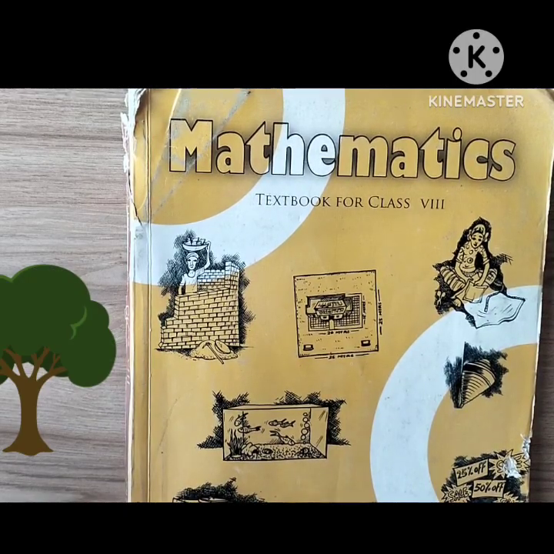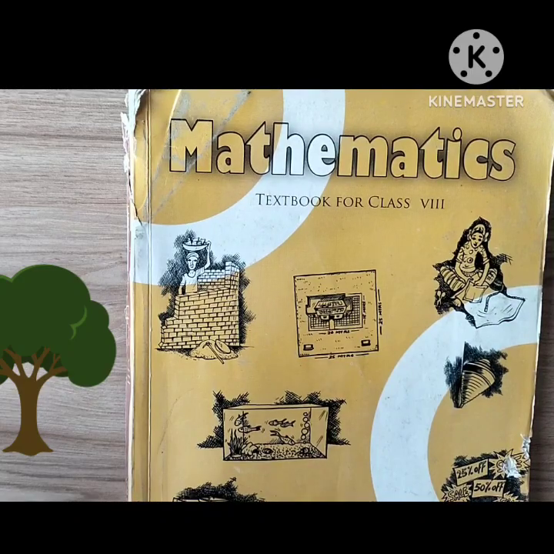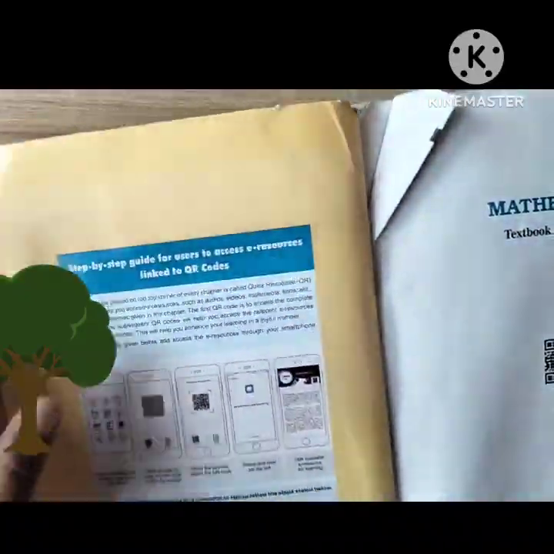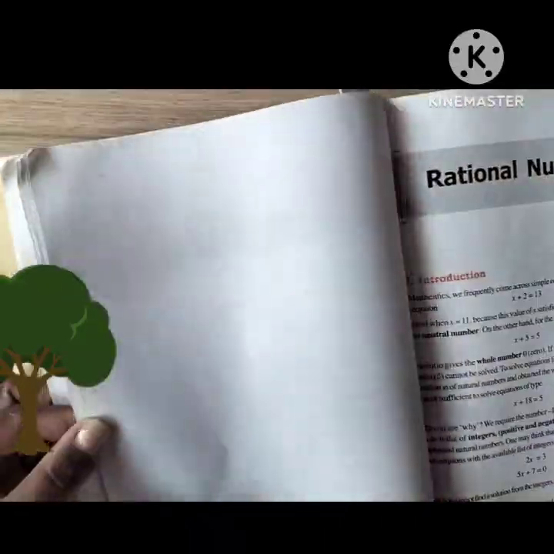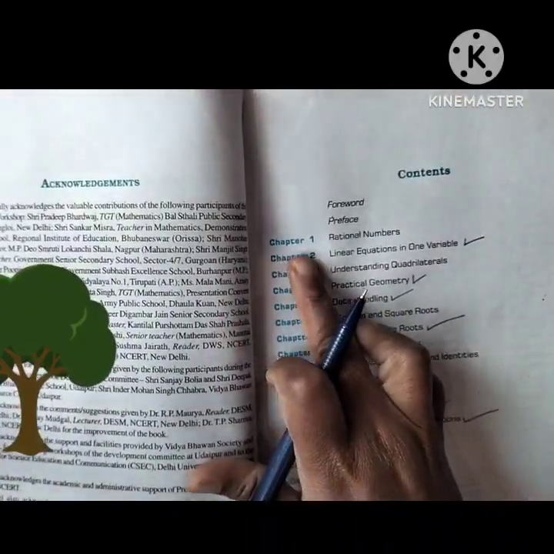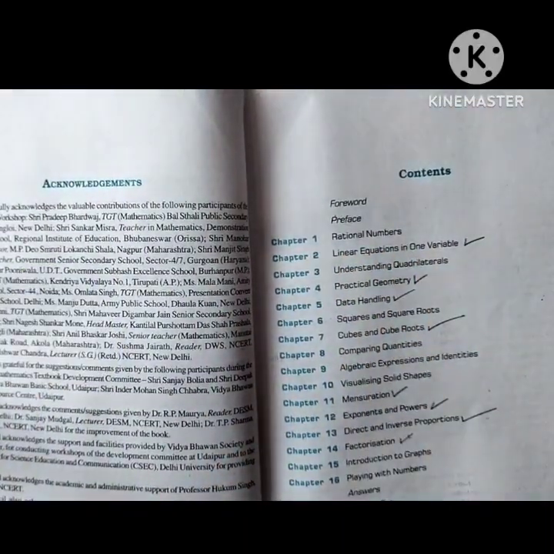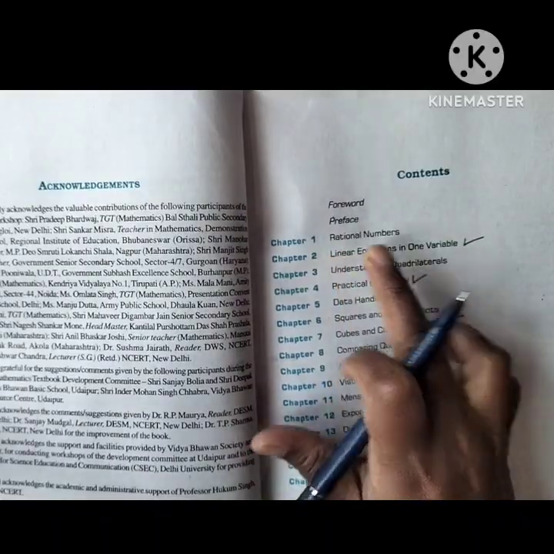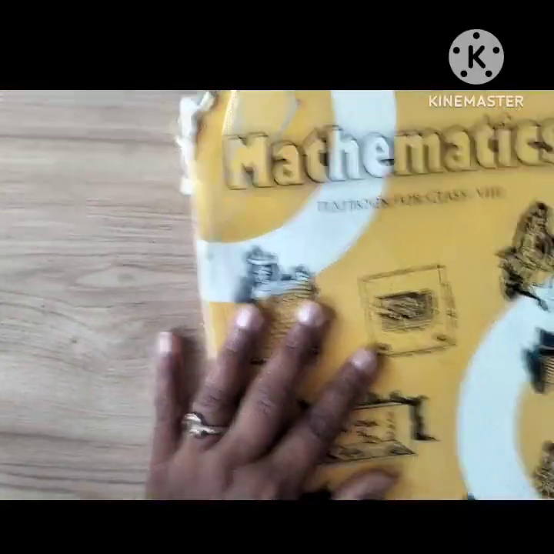Let's learn mathematics. Today I am going to teach 8th mathematics. In 8th mathematics, the first chapter is rational numbers. So, let us learn today chapter 1, rational numbers. In chapter 1, rational numbers, the first